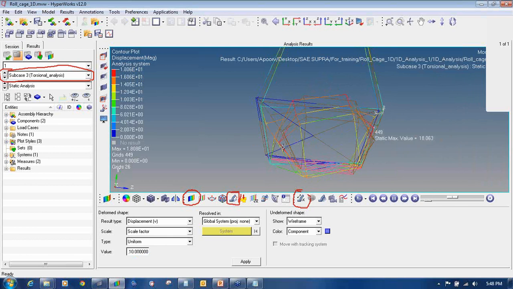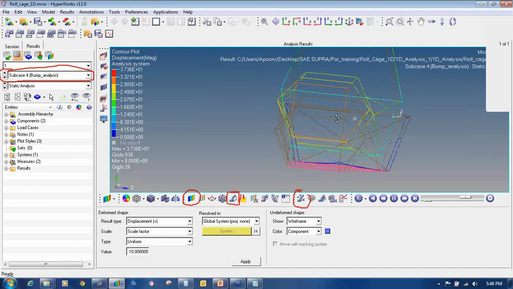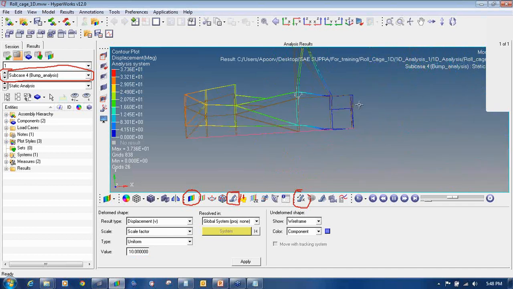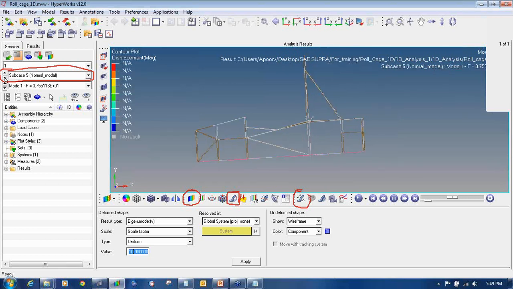So this portion is going up, this is going down. For the bump analysis, it is something like this, as you can see. For rollover analysis, it is somewhat like this.